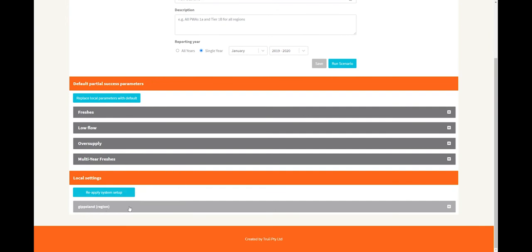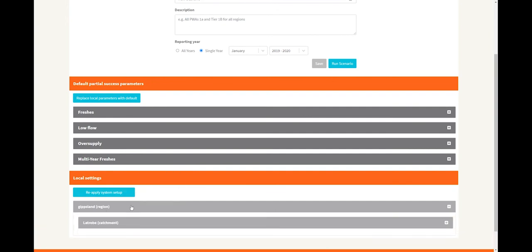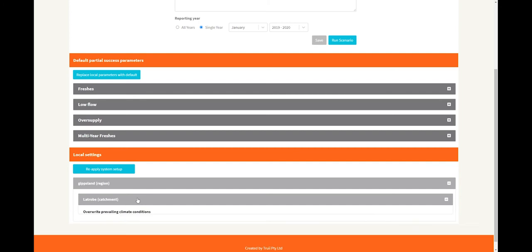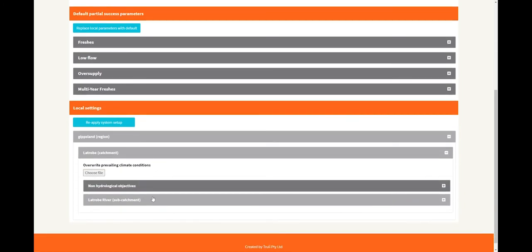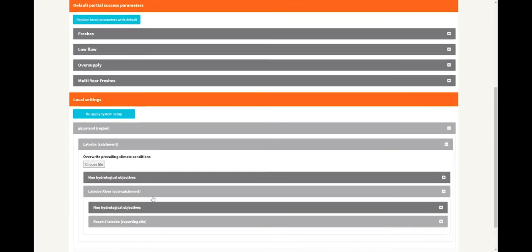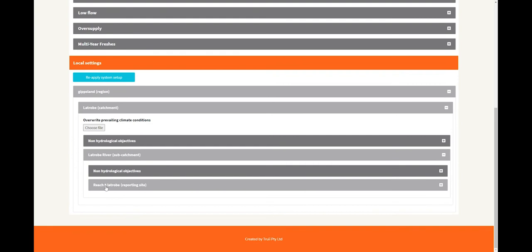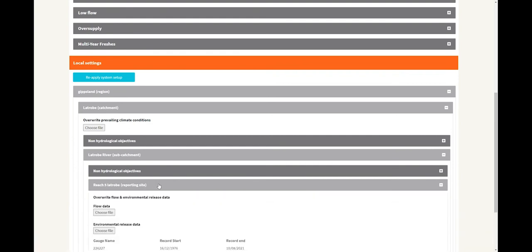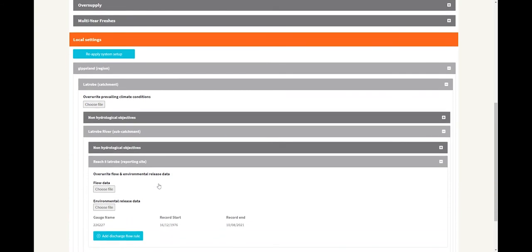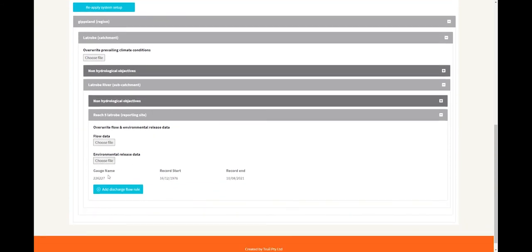So we go back to our scenario that we're looking at now. So we've got that system set up here, and we can add a flow rule related to our region, our catchment, and then our subcatchment. And we're going to add for this reporting site, which is reach 5 in the Latrobe. We've got this underlying data associated with it, and we want to add a discharge flow rule. So we're going to add a discharge flow rule,